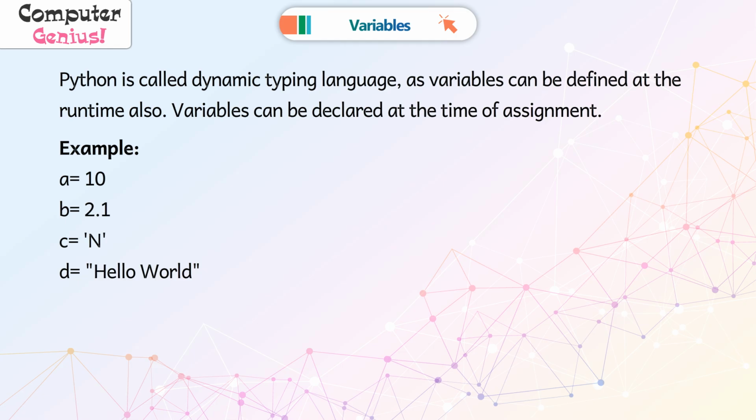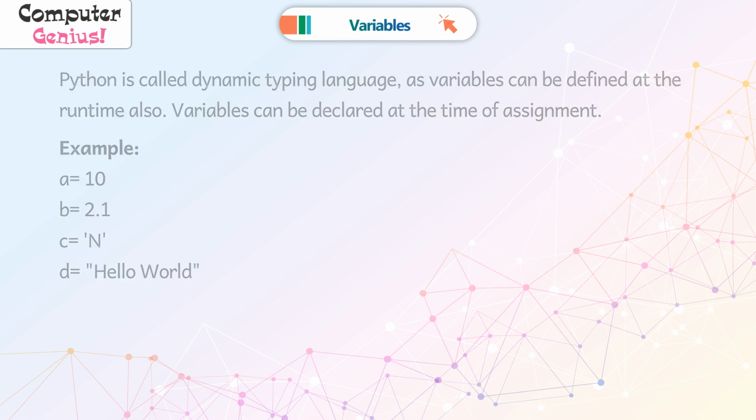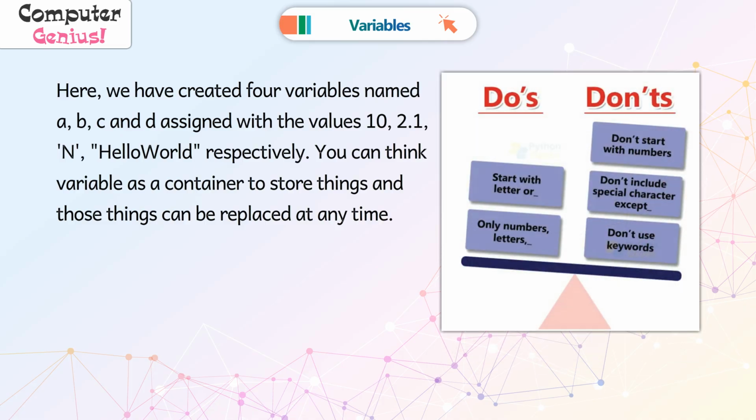Example: A = 10, B = 2.1, C = 'n', D = 'hello world'. Here we have created 4 variables named A, B, C and D assigned with the values 10, 2.1, 'n', 'hello world' respectively. You can think of a variable as a container to store things and those things can be replaced